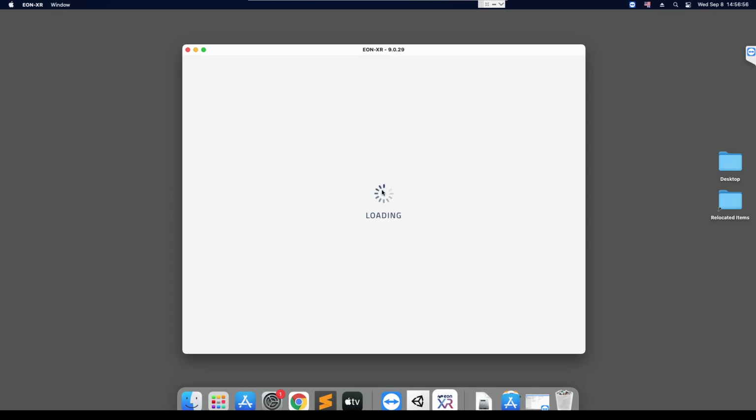I type in the password and sign in, and that's practically the beginning of use of EON-XR on your Mac